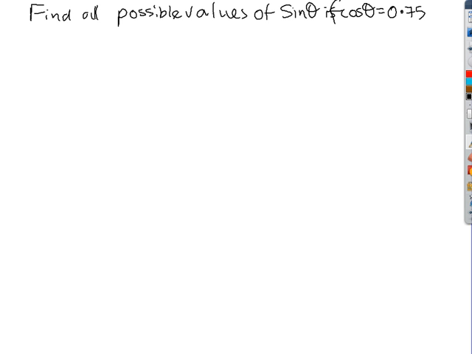Okay, find all possible values of sine theta if cos theta is equal to 0.75. Now this thing here, all possible values, tells me that there is a chance that there could be more than one value of sine theta. So let's have a look. Cos theta equals